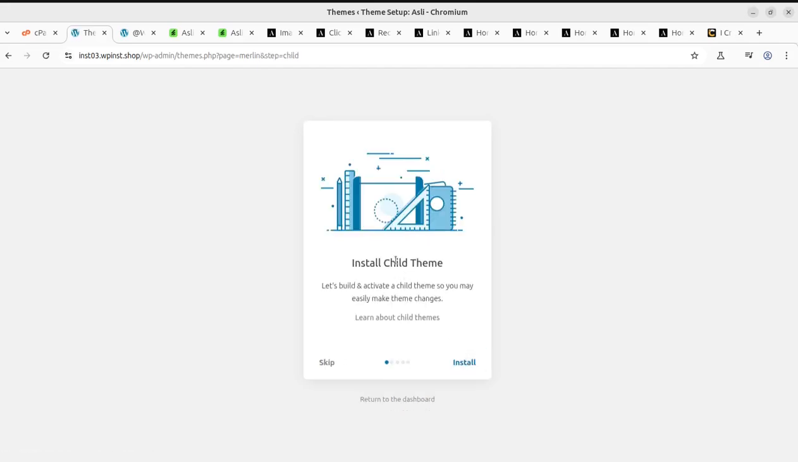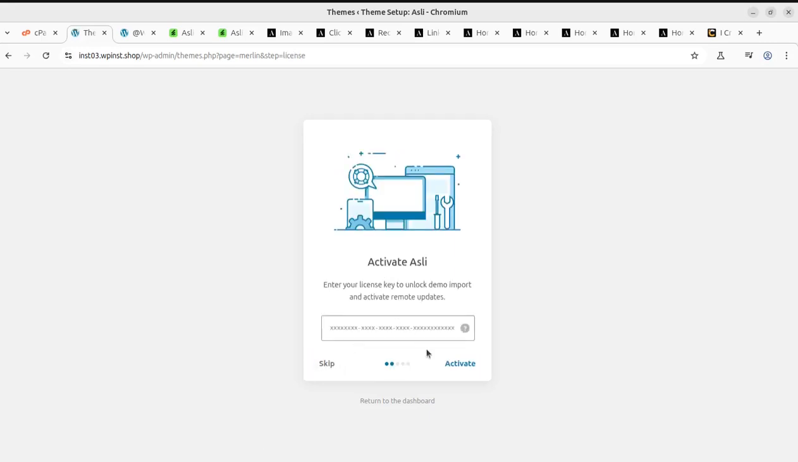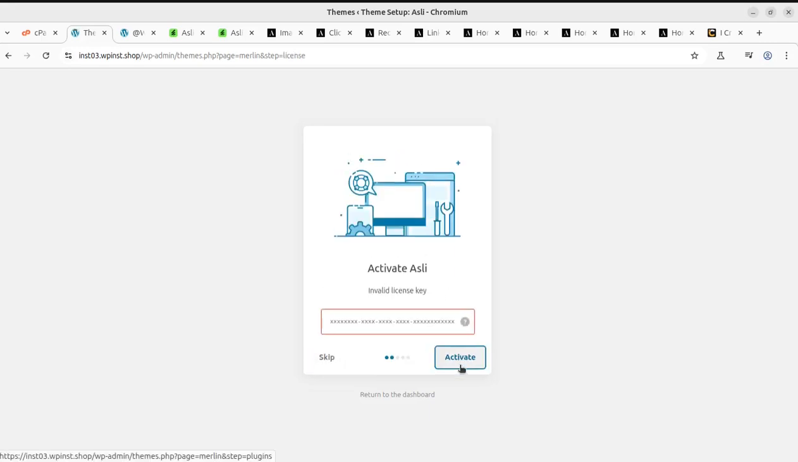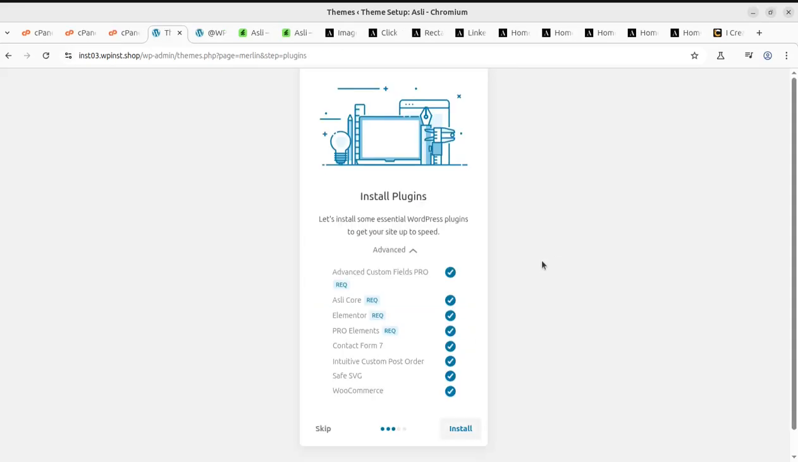This can be helpful. Install the child theme when you are not targeting to edit any code, so you can skip installing the child theme, and we can simply activate the license by putting the license key that we will get at the theme pack. And after activating the theme, we can proceed to the next step, which is the install plugin screen, and we can see the advanced custom field